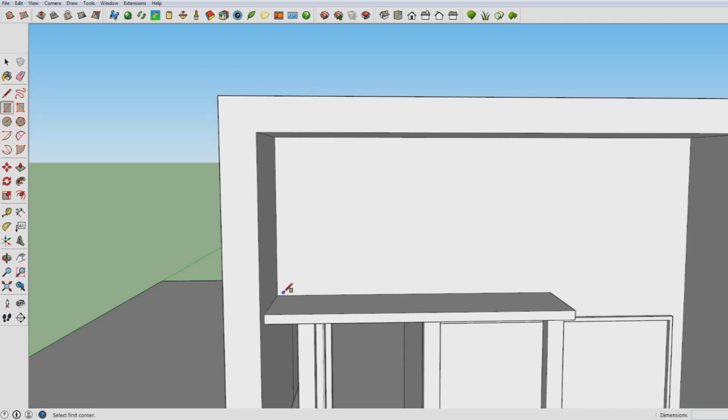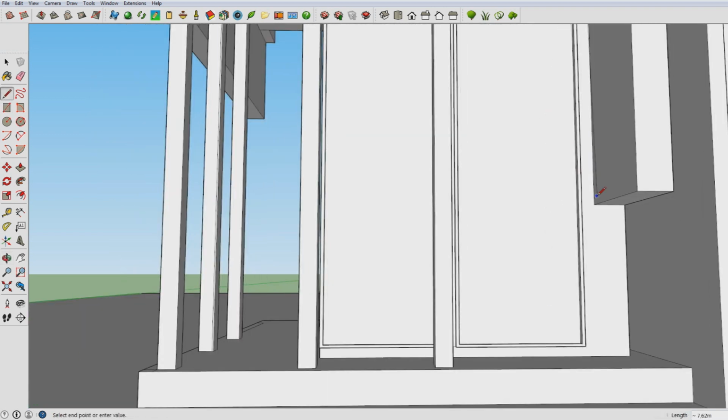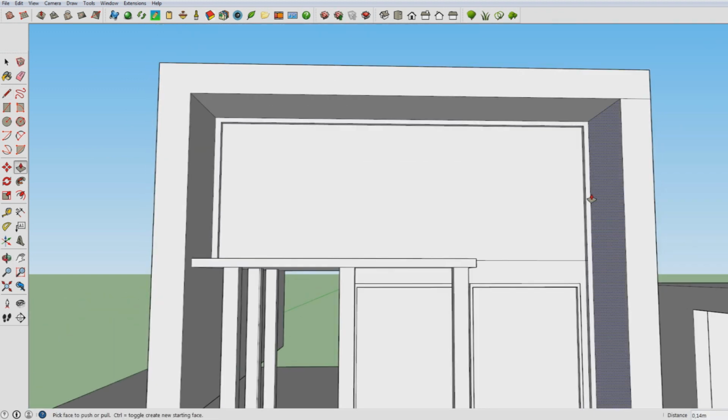Let me come up with an idea there. Yeah, I think I have an idea. Yeah, there we go. Then that's it. Then we actually move this a little bit to the front, because this is going to be